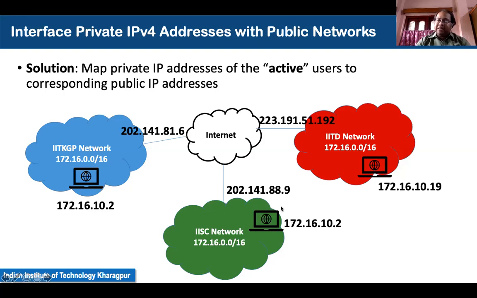Similarly, when the active user within the IISc network has the private IP 172.16.10.2 and is communicating with the internet, it has been assigned a public IP of 202.141.88.9. Similarly, the IIT Delhi user who has the private IP of 172.16.10.19 has been assigned a public IP of 223.191.51.190. Now here, interestingly, what you observe is that although the active users at the IIT Kharagpur network and at the IISc network had the same private IP, while communicating with the internet, they had been assigned different